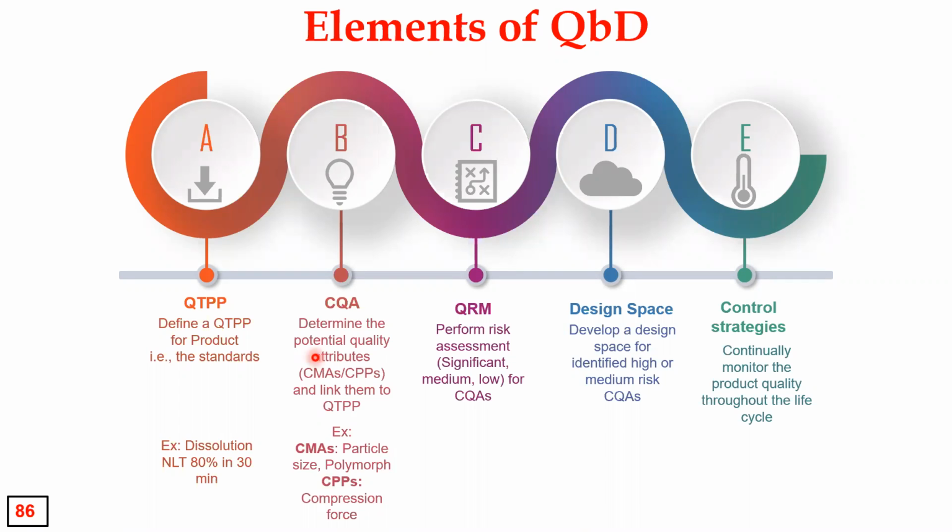So we identified CQAs as the critical quality attributes for whatever I selected here. What are the material attributes and process parameters, I also did. Based upon quality risk management, nothing but low, medium, and high risk, the critical process parameters and material attributes are further screened. Further, the design space has been developed to get the final formula, and some of the things are controlled during the product life cycle. That is at the starting of the product itself, rather than breaking the head during the process.